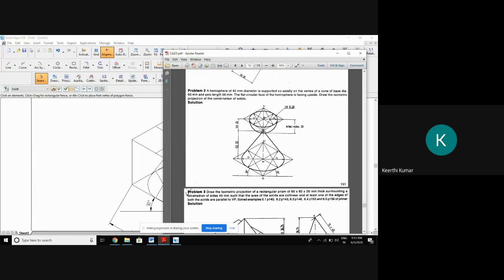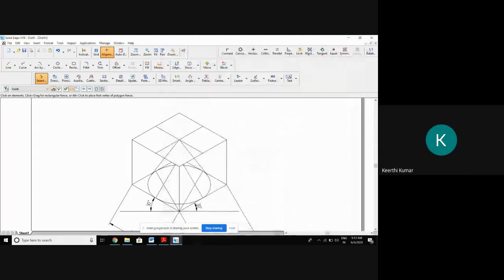So the base of the box required is 40 mm into 0.8164. So what we'll do now, you observe very carefully. This is very important stuff. We are having the center, but what is the size of this box now? The size of this box is 60. We want one more box having a size of 40.